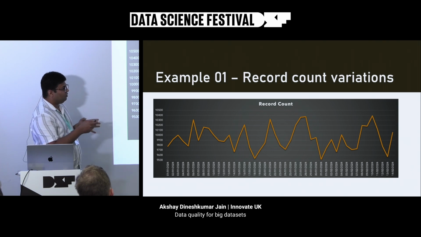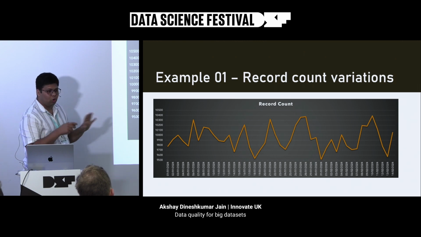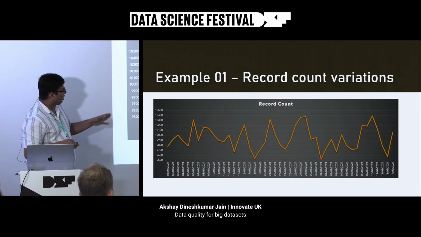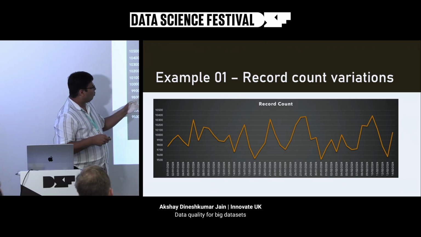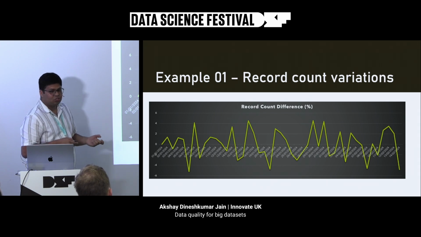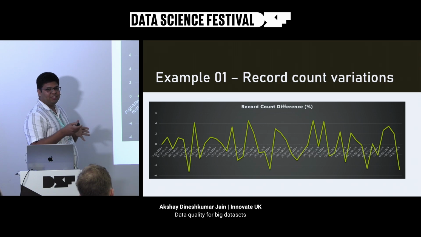So in order to solve this problem, we initially started with a statistical method around the Gaussian distribution, where we identify, if this is a daily graph, what kind of rate of change we are seeing in this particular data. When we see that rate of change on a day-to-day basis, what we have observed